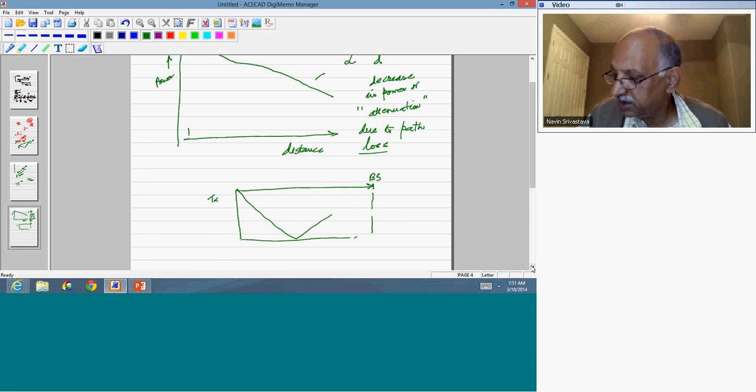So what is the length of these two copies? If this is D, then this would be D1 plus D2. So there is a difference in the length of the two signals. So this difference, as you know, difference of length